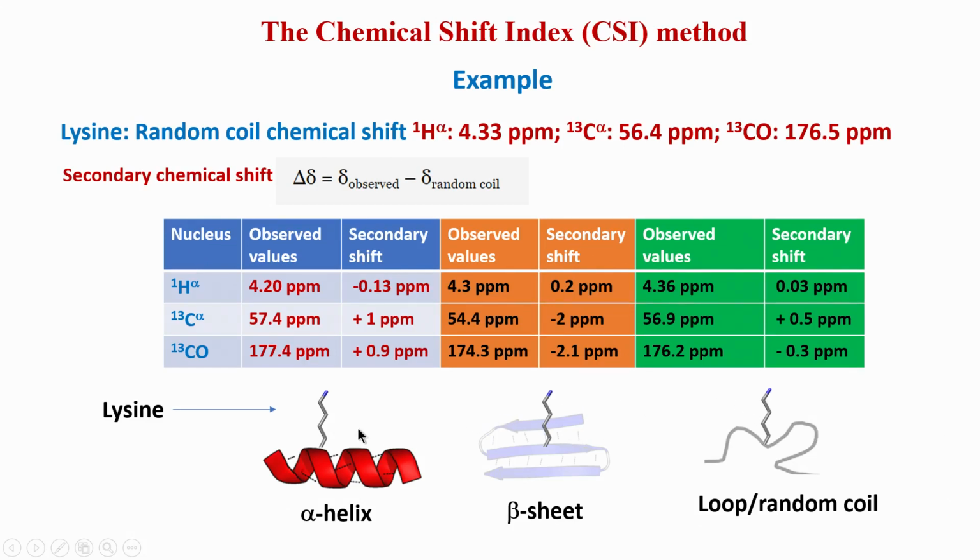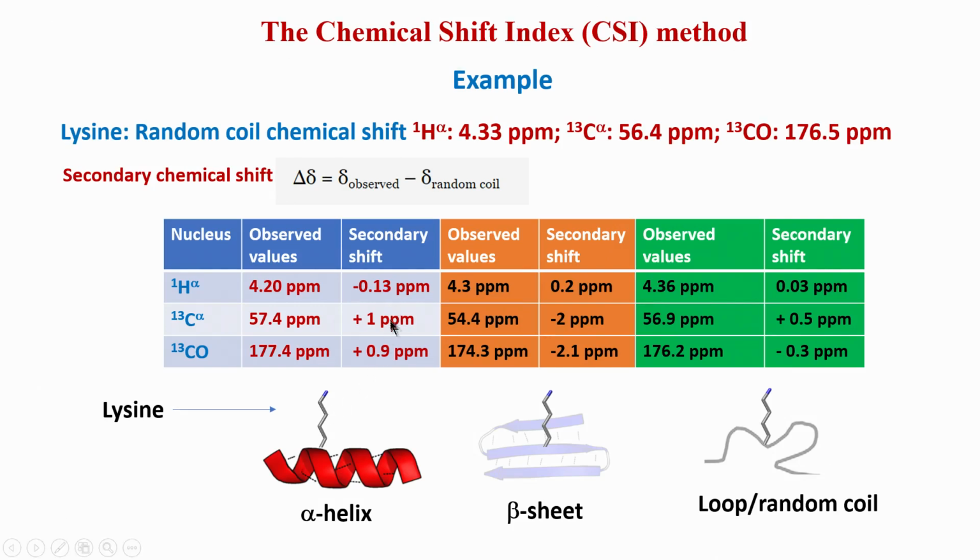One more thing: normally we do not consider one residue in isolation. We calculate, for another residue next to this lysine, the chemical shift index and the deviations. Similarly, we take the amino acid before this. Like this we calculate for a continuous set of 3 or 4 amino acids and then decide whether it is alpha helix, because you cannot have one residue in alpha helix while the neighboring ones are in random coil. Let us say another amino acid next to lysine tells us it is random coil, and the one before lysine also tells us it is random coil. Then we have 2 random coils and 1 helix in between. That is a very unusual scenario.